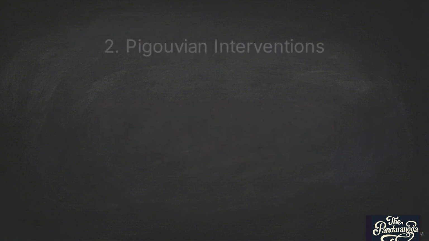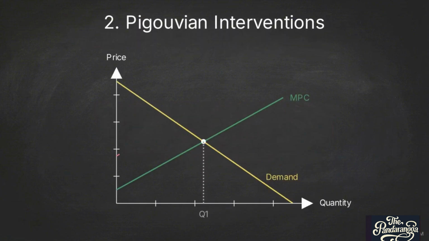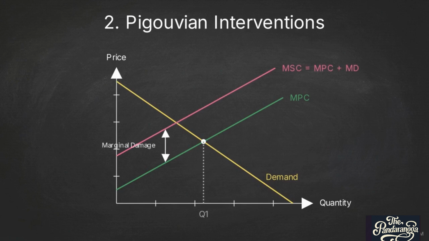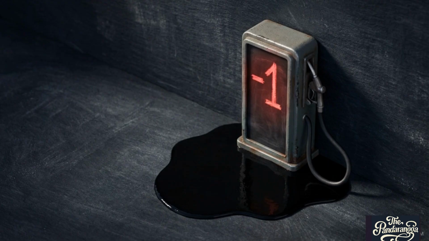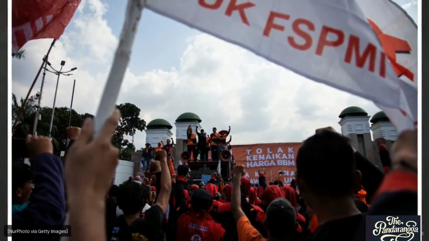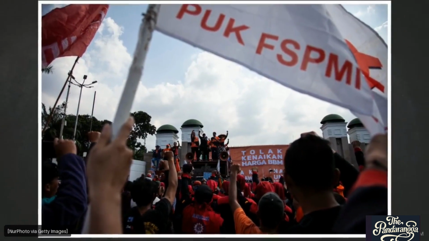This leads to the second tool, Pigouvian interventions, or price methods. Here, the government calculates the exact marginal damage and levies a tax of that same amount. The producer is forced to internalize the public cost. Historically, Indonesia ran this in reverse through fuel subsidies. By artificially lowering prices, the state acted as a negative Pigouvian tax, subsidizing an externality and encouraging overconsumption. Correcting these price-based fiscal externalities creates immense socio-political friction, as seen during subsidy adjustments.